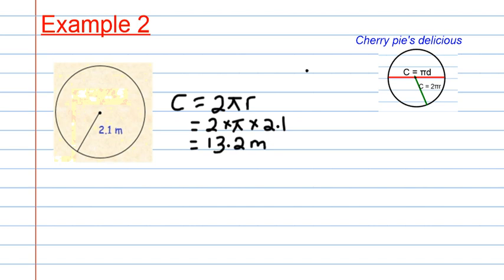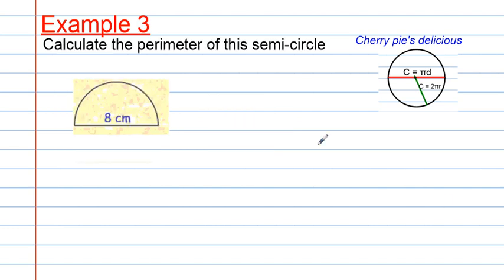Let's try another example. Okay, so in this case, we're looking for the perimeter of this semicircle. So it's all the way around. Yeah, all the way around the semicircle. Right. So perimeter